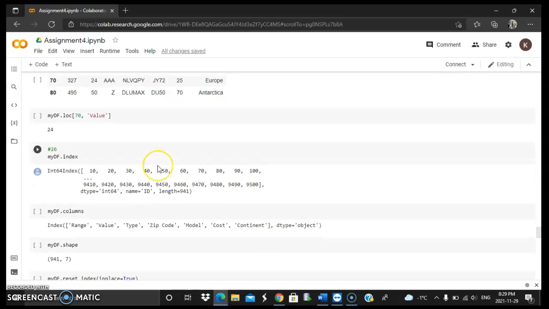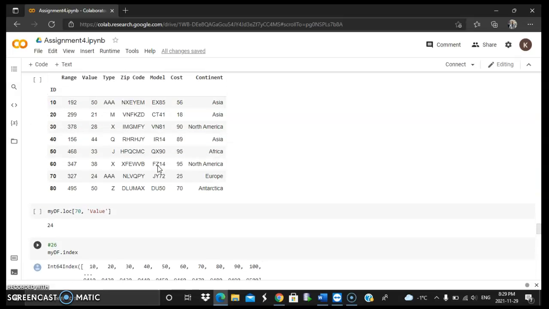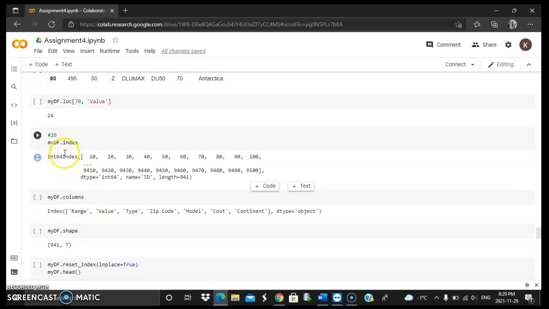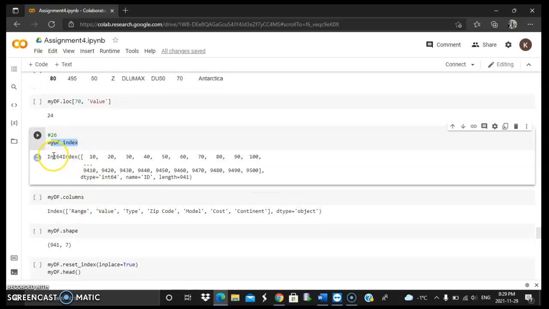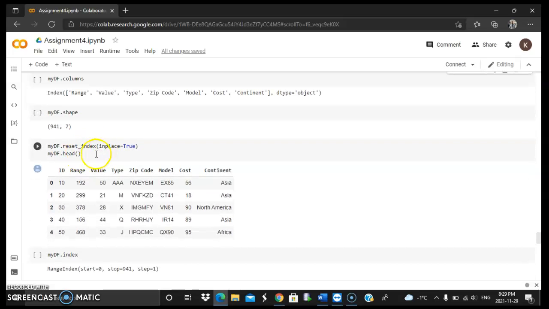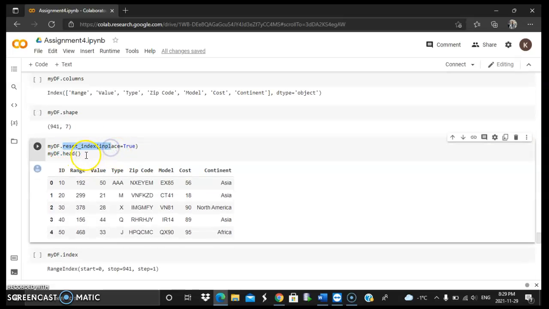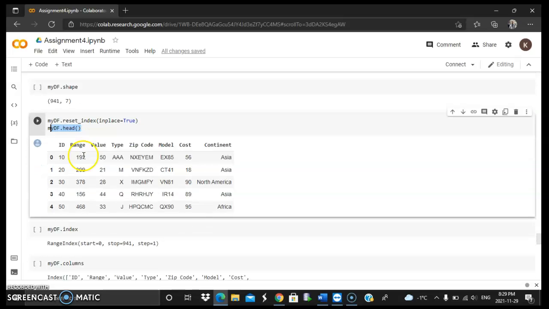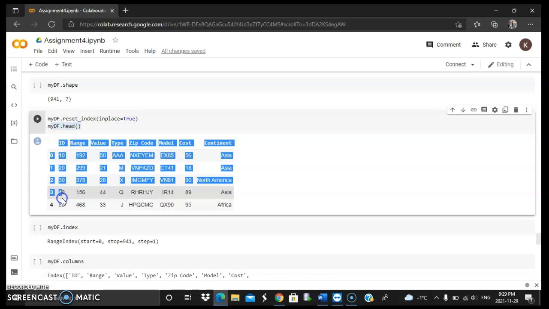Looking forward to question number 20. The index columns and the shape of the current DF, bring back the ID column to the DF and reset the index. Again, show the index columns. So here we deleted, and here we are supposed to bring back. So we do mydf.index. This is the index right now. Then we go to mydf.columns. This is the columns right now. And we put it back. We make sure that reset index is true. And when you reset it and you check it again using the mydf.head command, you see the ID one is back.